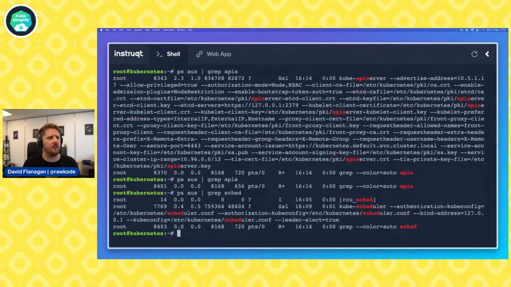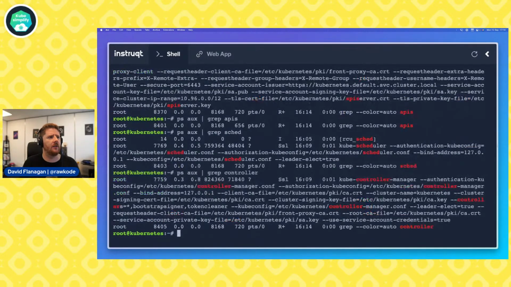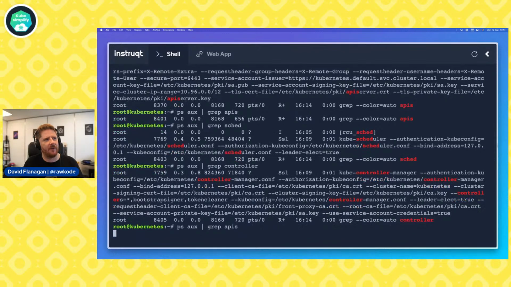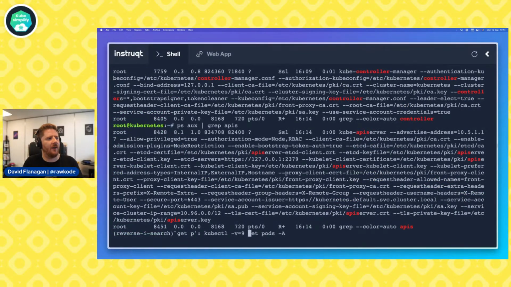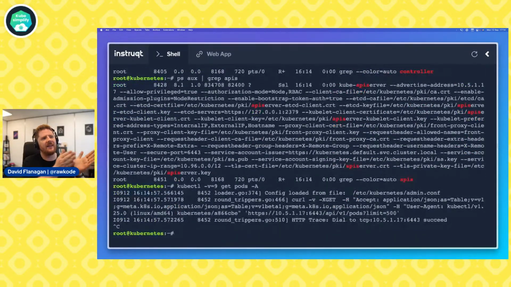Do we have a scheduler? We do. Do we have a controller manager? We do. Do we have a kubelet? Well, we do, because we have the meta pods, right? So this is a delicate situation with Kubernetes because we can see we have an API server some of the time, but we're not able to query it. And we can see that the connect succeeded. But this is where we have to fall back on our traditional Linux knowledge. Well, how do we debug broken applications on a Linux machine? We jump to the logs.